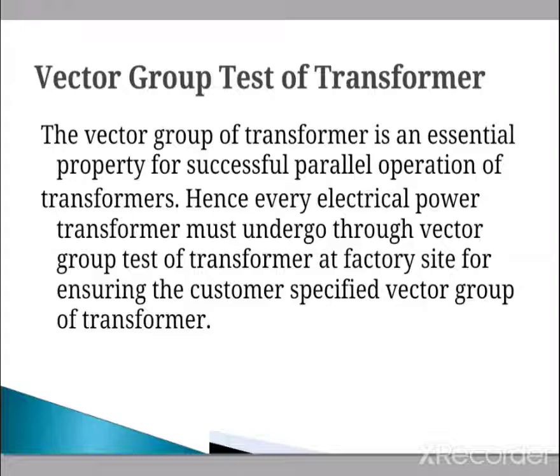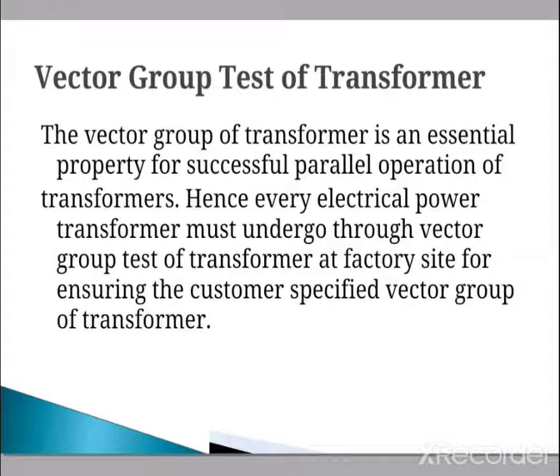If the secondary is star connected, then the secondary line voltage is root 3 times the induced voltage per secondary phase coil. But where the secondary is connected in delta, the line voltage is equal to the induced voltage per secondary phase coil. If we go through the vector diagram of the secondary line voltage of both transformers, we easily find that there is a clear 30-degree angular difference between the line voltages of these transformers.